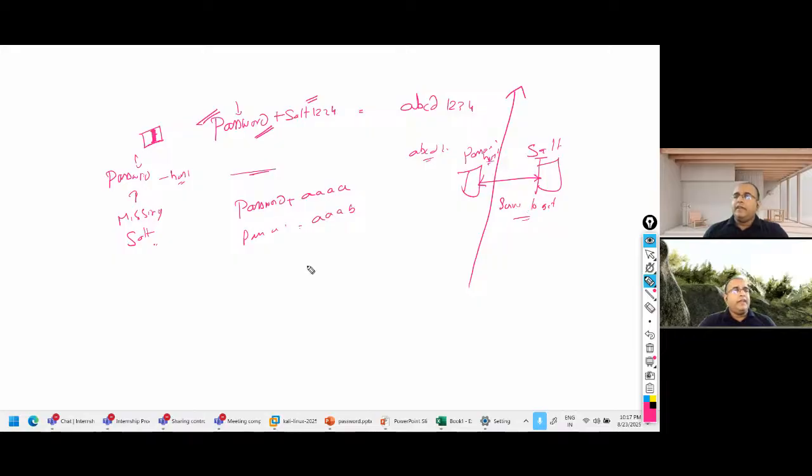I cannot have a database of SHA-256 hashes and use it. I have to do it every time. And because of the salt size, it's going to be much more difficult to manage. So that is the reason.